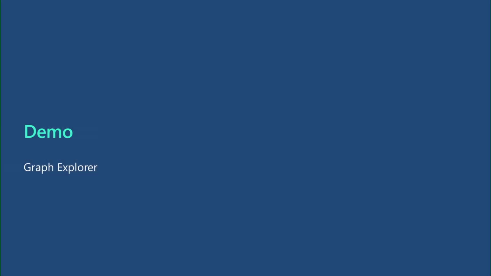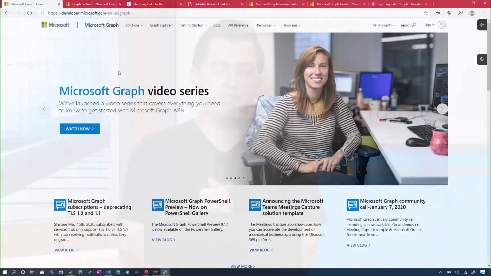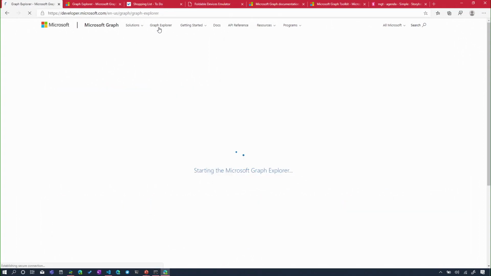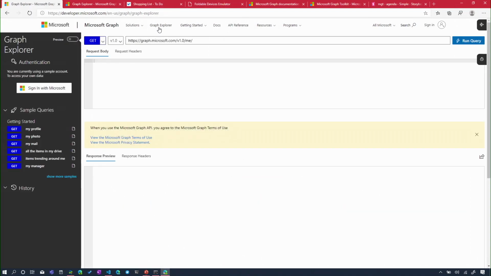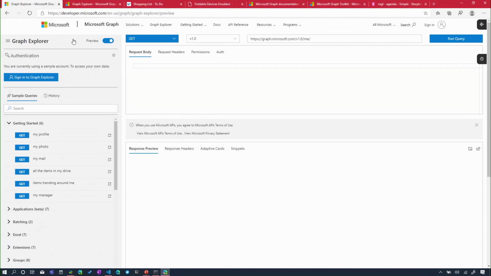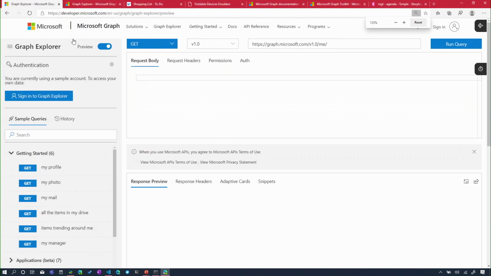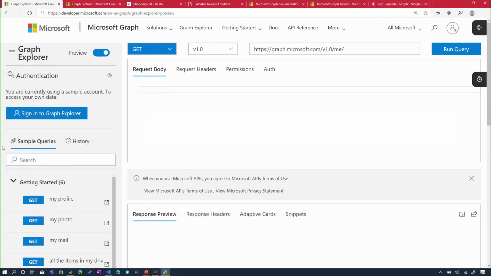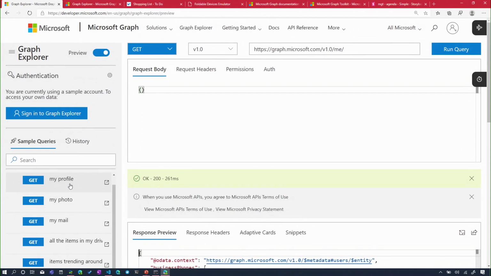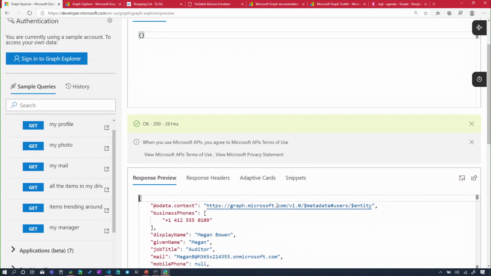Now, the best way to get started with Microsoft Graph is if I just jump over to a browser here and go to graph.microsoft.com. This is our main landing page for the developer portal for Microsoft Graph. And if you click here on Graph Explorer, that is our API playground. This gives you the ability to explore the different types of APIs that are available. If I zoom in here on the screen, you'll see on the left-hand side we have some getting started samples. If I click here and go to my profile, you'll see that when I run that,